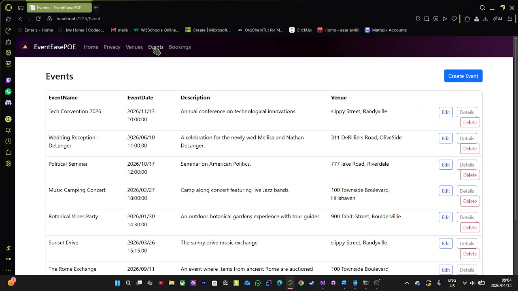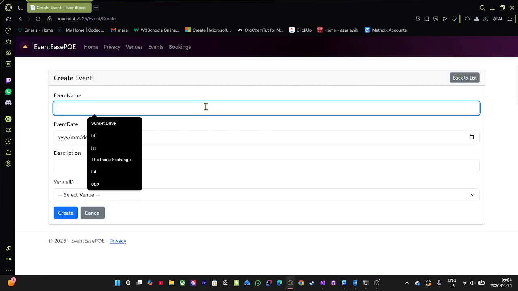Then we have the events page. It essentially allows you to do the same thing. It still allows you to create an event, to edit its details, and then delete as well. So we'll say create event. We'll call this event